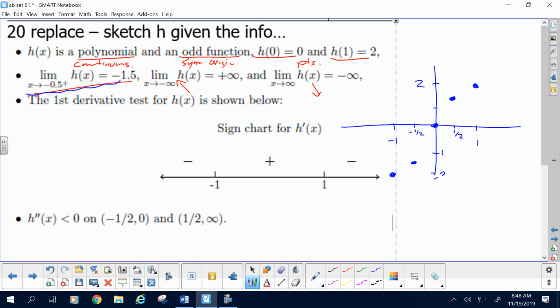So if I look at these two things together, I have interesting points at -1 and 1 because of the first derivative, and -1/2 and 1/2 because of the second derivative. So let's break it up into all those different regions. What do you know about the region left of -1? Tell me 2 things you know. It's decreasing, and if it's concave, this is concave down on these regions, so it's probably,